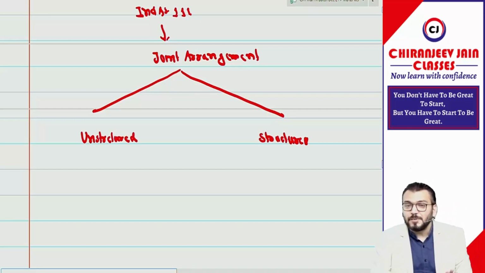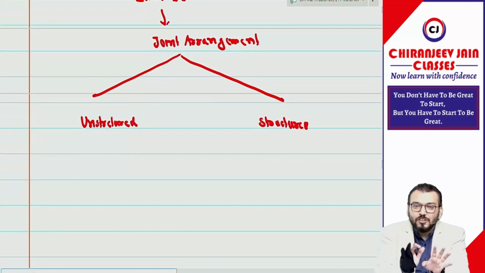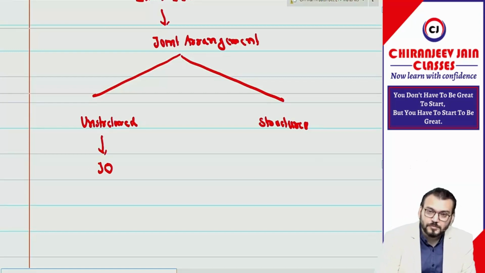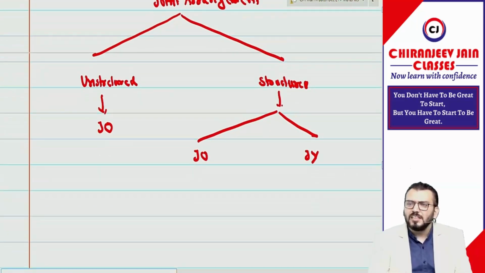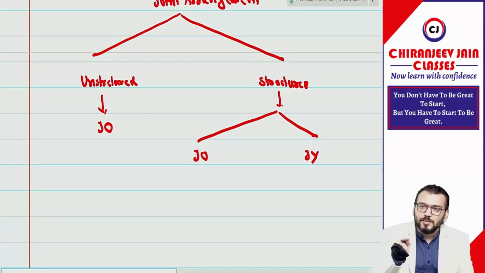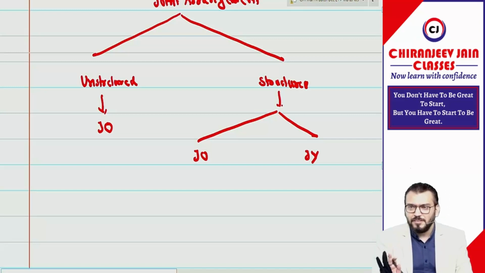Unstructured means a separate legal entity is not created. Remember, a separate legal entity is not created. Correct? Means the arrangement is not a separate legal entity. Then it will always be a joint operation. And if it is structured, then it can be joint operation or joint venture. Then there were three conditions. If any one condition is satisfied, then it is joint operation. If no condition is satisfied, then it is joint venture. Remember, that is not required for this chapter, but I hope you have understood what I want to say.